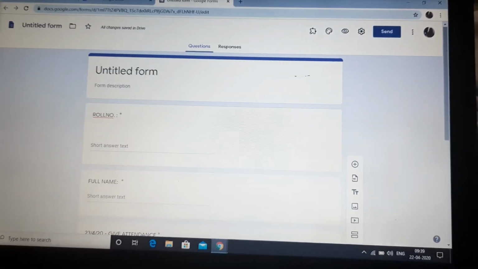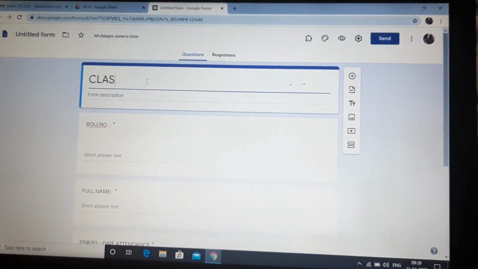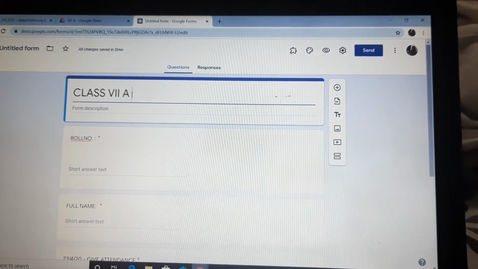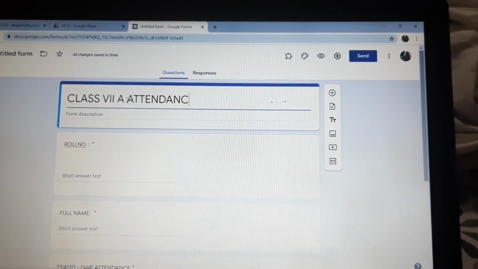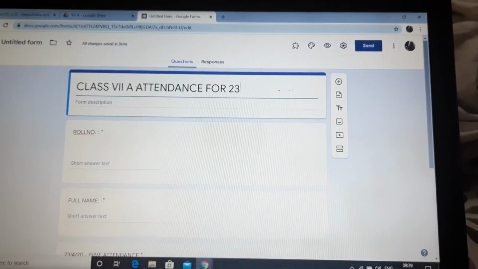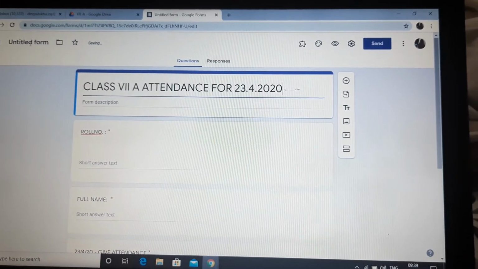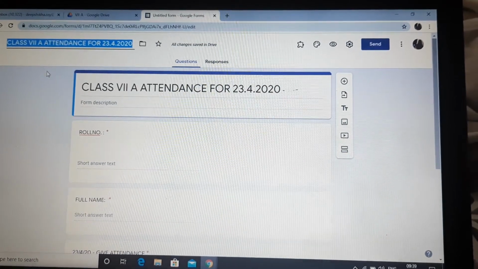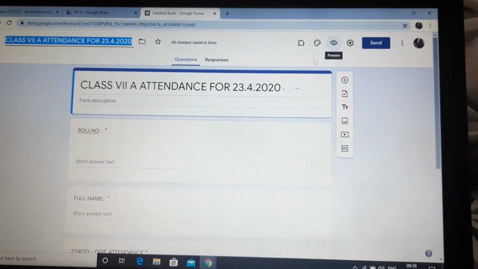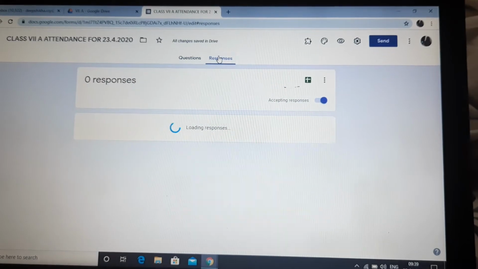So this also I have done. Now I'll give a name to my form. This is class 7A attendance for 23rd 4 2020. Now I'll click over here, so the name comes over here also, and then I will go to responses.